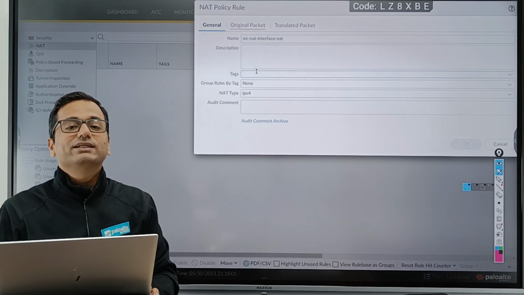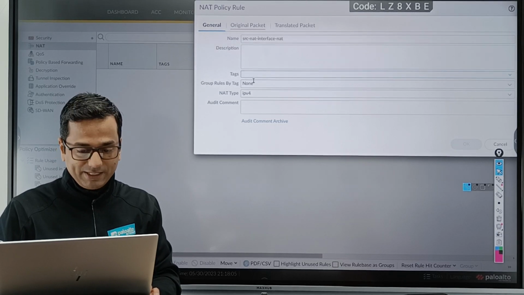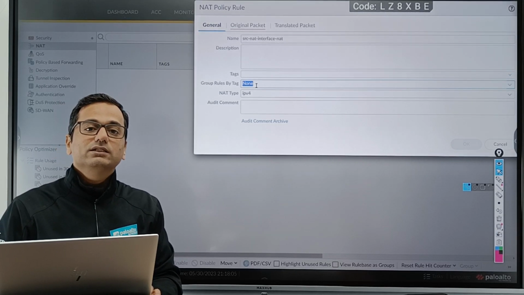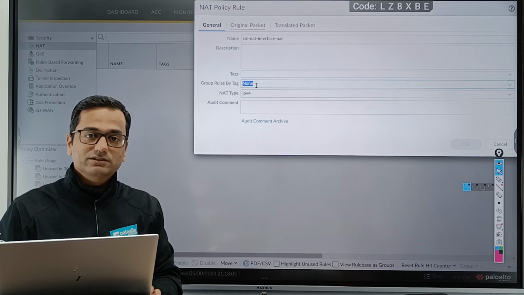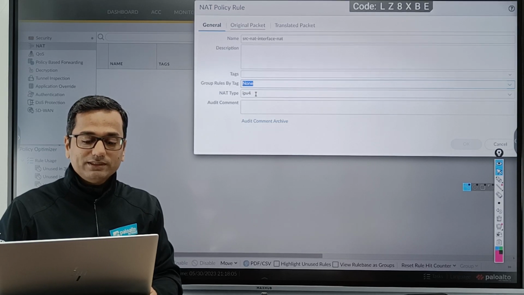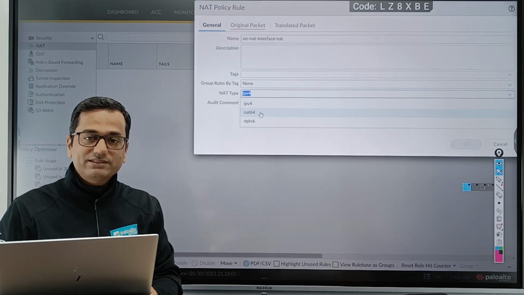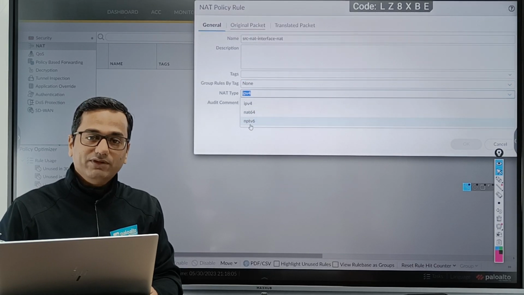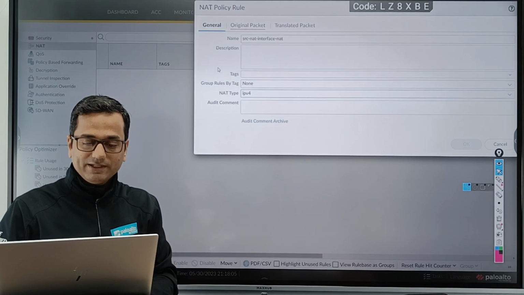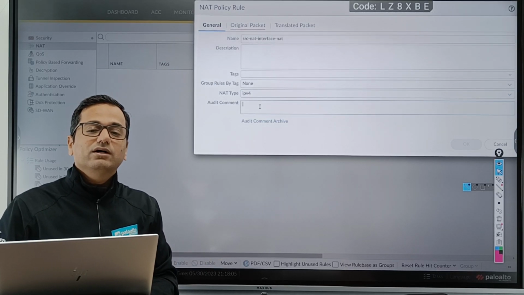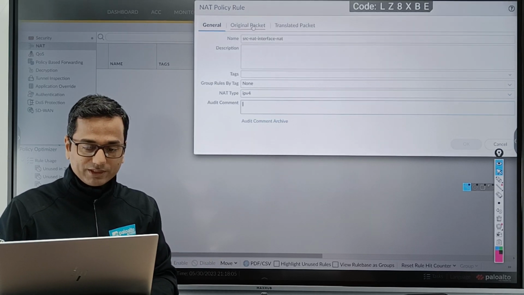Okay, you can define the tag with the color or with the name. Then you can group multiple policies in one group. Okay, NAT type is IPv4, or IPv6, or NPTv6, right? It's different. Audit comment: if you have any comment for audit, you can add it over here.